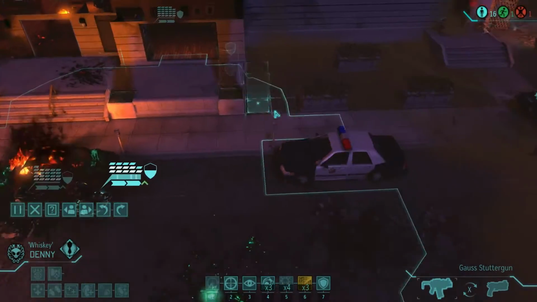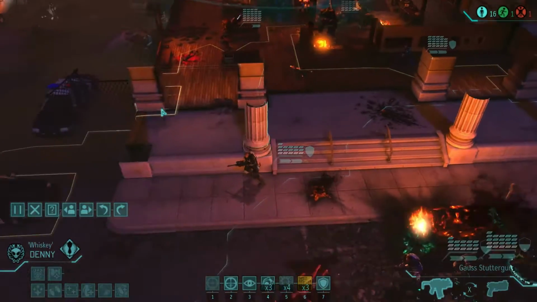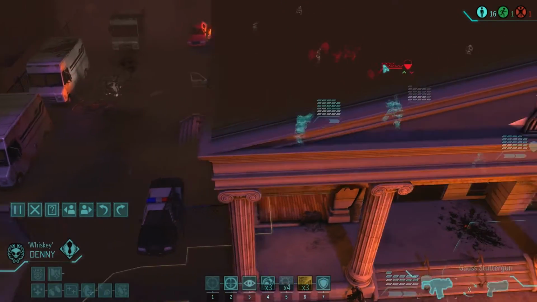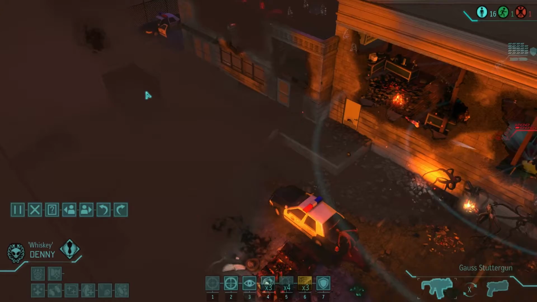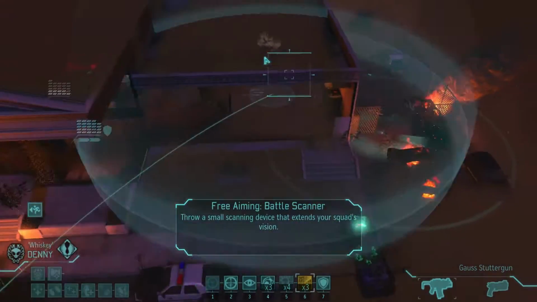Denny, do we want a battle scanner somewhere? This is a very awkward map to battle scan on. There's so many walls in the way. I mean, could do... Oh, where a civilian died was right back here. So if Denny could somehow... If he's trained his arms so much that he can...